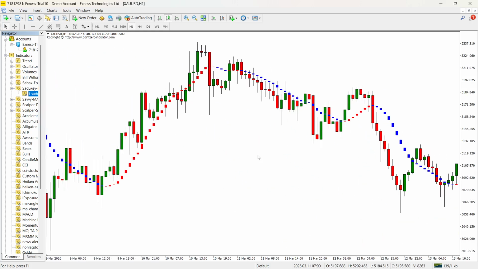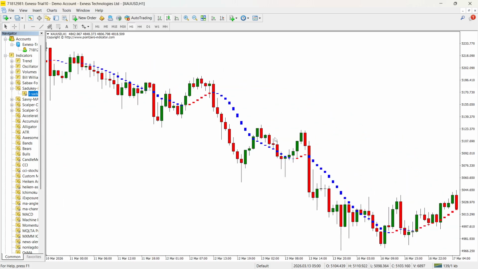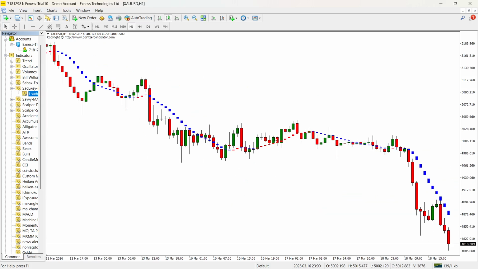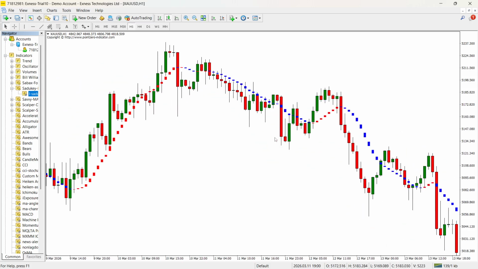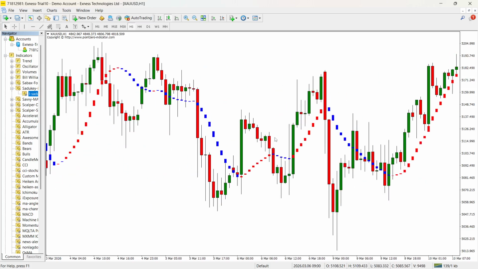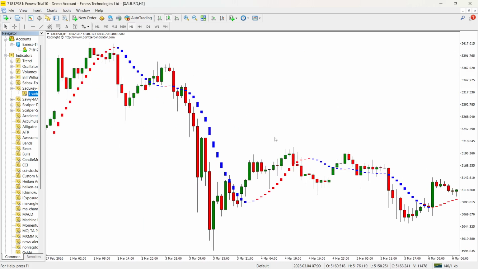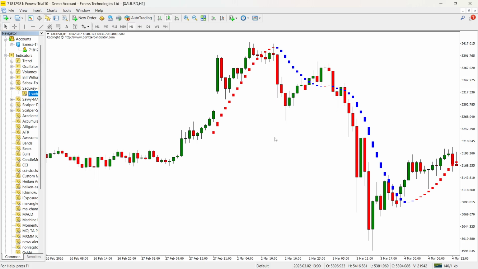Alright, there we have it. The Sadukey indicator typically plots dynamic horizontal or step-like levels around price, which change color based on the prevailing trend direction. When the plotted levels appear below price in a bullish color, they visually imply a supportive upward trending environment. When the level flips above price in a bearish color, they imply resistance and a downtrend, or a downward trending